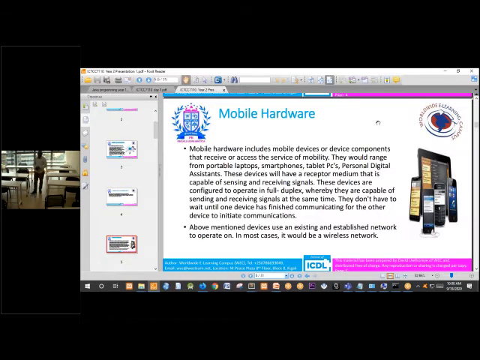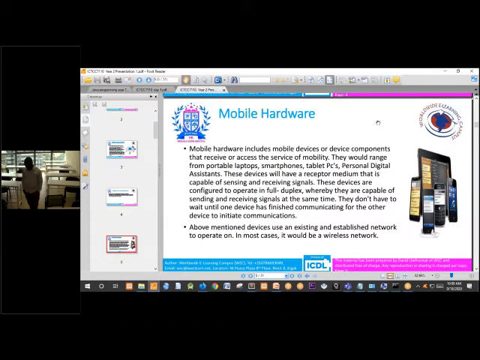These devices have a receptor media that is capable of sending and receiving signals. All mobile devices have a component which is used to send and receive signals from a remote area, from another mobile device, from a server, and so on.